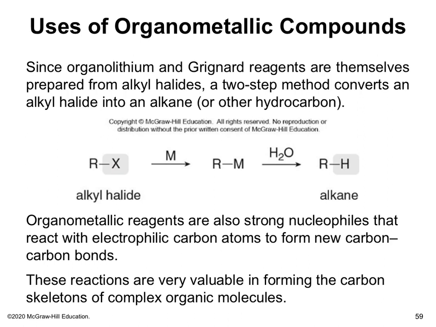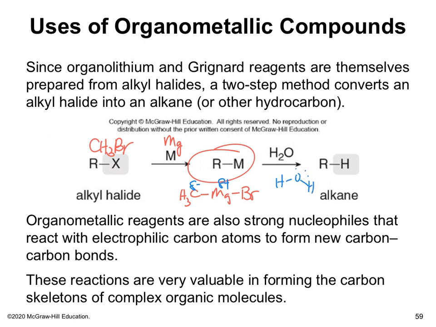Okay, so this is just showing you once again, when you make your Grignard, so an alkyl halide, so let's say you have CH3 bromide and you react it with magnesium, magnesium is going to insert, so you'll have magnesium and bromide inserted. And this is such a strong nucleophile. If you have a proton, not only is it a strong nucleophile, it's a strong base. So as this is a strong base, anytime you've got a proton source, this is going to do an acid-base reaction, and now you have